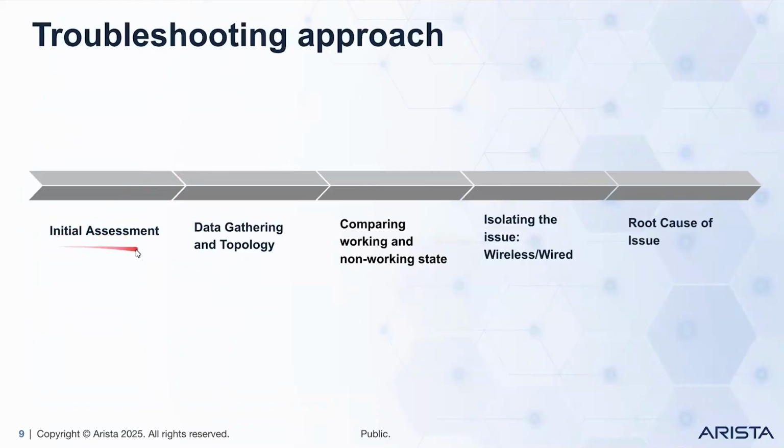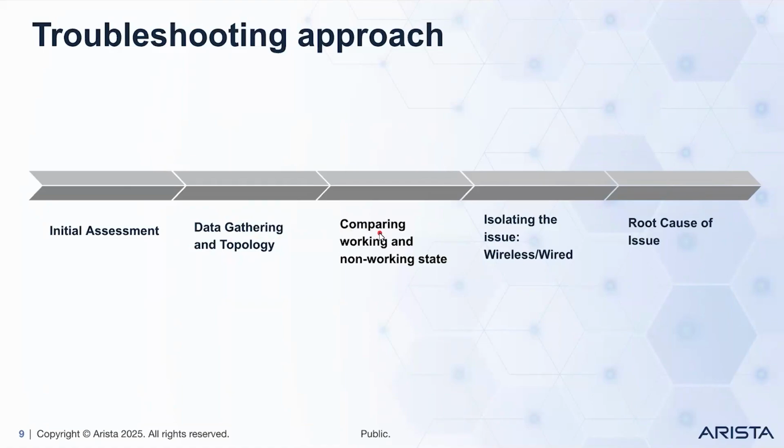Step 1 is initial assessment. This step focuses on understanding the client's experience, what exactly was being impacted and how. It also requires identifying the source and destination of the traffic flow, along with a few key client details such as MAC address, device model, and so on. The next step is data gathering. Here, we will be collecting information about the affected SSID, check whether other users were impacted, and also review the overall network behavior. Another important thing we're going to collect here is the precise timeline of the issue, which is particularly important for troubleshooting issues that are historical in nature.